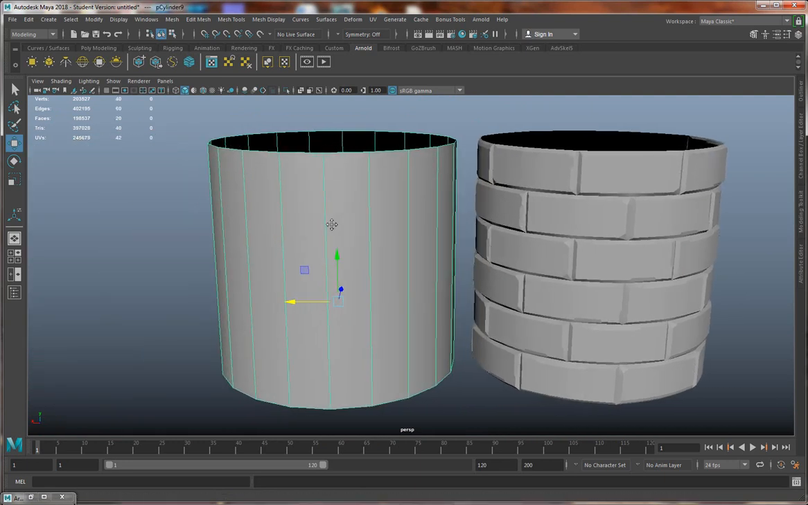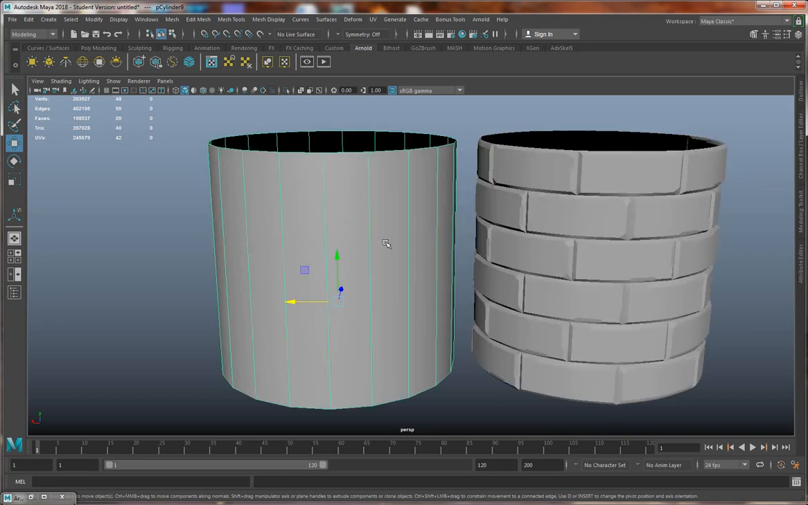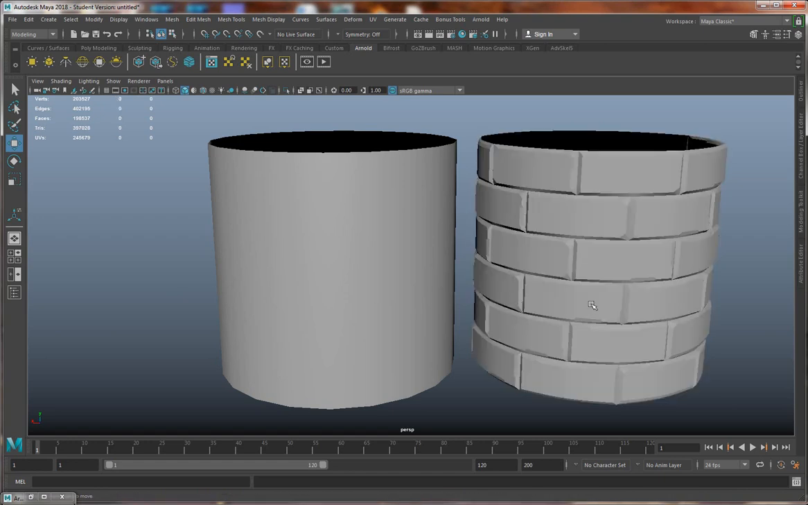And I'm going to bake that down onto this surface, so that this one surface, which is 20 faces, and this surface, which is 9,006 faces, will have the impression of all this information, thus allowing us to take it into a game engine and have the impression of high poly information inside a game. And it's also good for